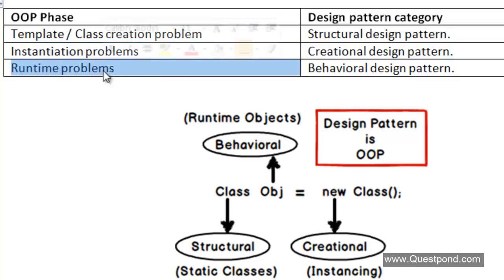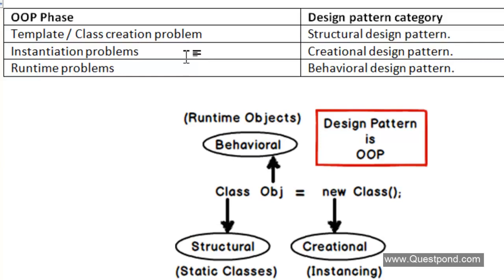And the last one is, you need to go and interact with those objects and achieve the necessary functionality. So any kind of object-oriented programming problems, or I'll say design problems, which come into the class creation process, which is more static in nature, fall into the structural design pattern category. So we have a structural design pattern category which will address problems regarding class creation, inheritance, so those kind of structural issues, they will come into the structural design category.